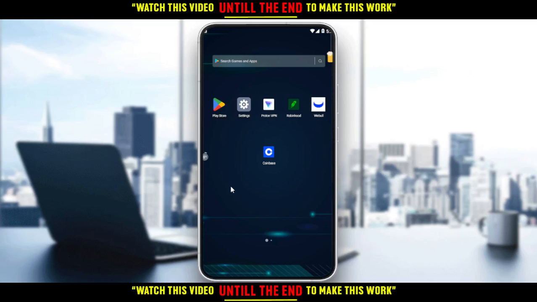Hi, in today's tutorial, I'm going to show you how to upload your ID on Coinbase application. So first of all, of course, you would like to go and download Coinbase application on your phone. Of course, if you don't have it on your phone, you would like to go and download it through Play Store if you're using an Android, App Store if you're using an iPhone, or any other store you could be